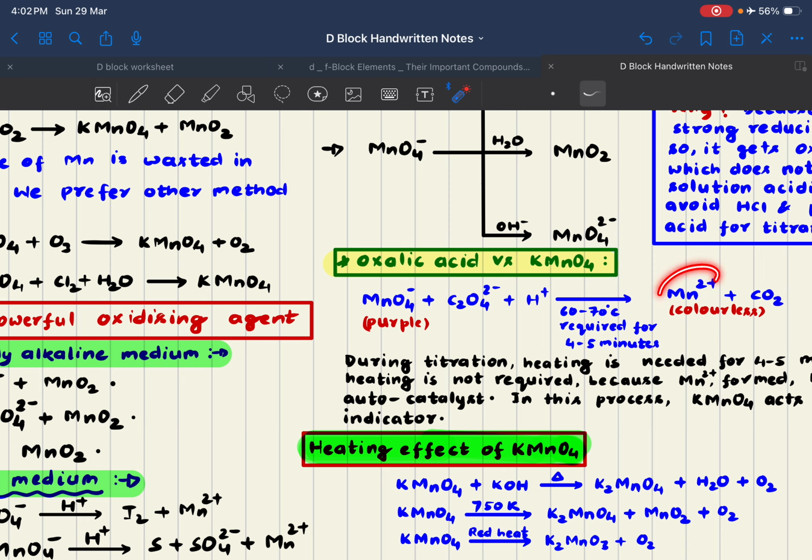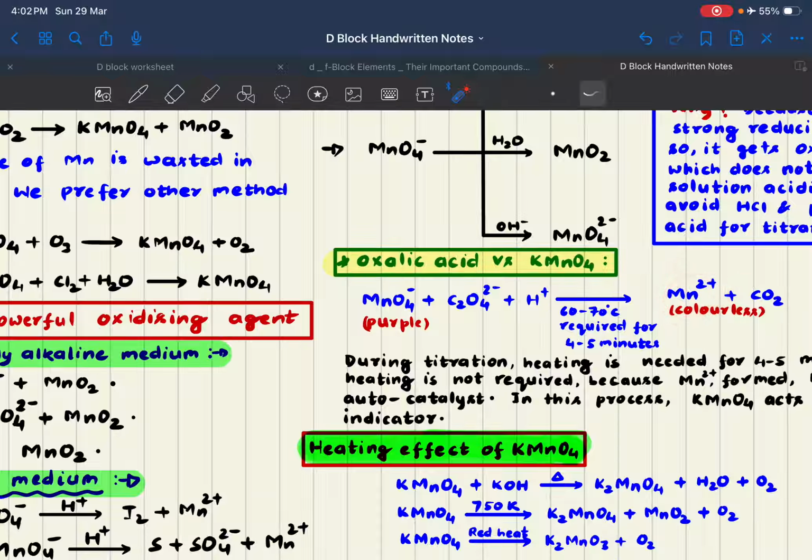That Mn2 plus behaves as a catalyst and lowers the activation energy, and that's the reason heating is not further needed. The moment Mn2 plus is formed, heating is not required. That's why we say heating is not needed after 4-5 minutes, because the Mn2 plus formed here is itself behaving as